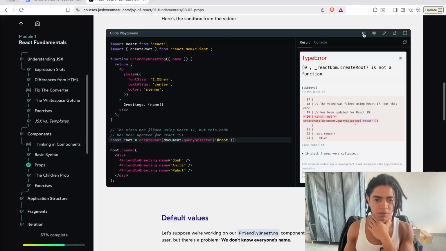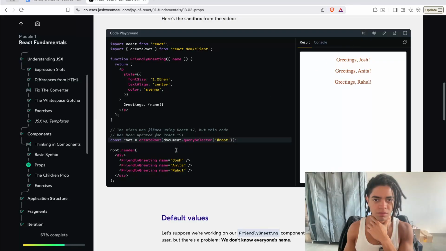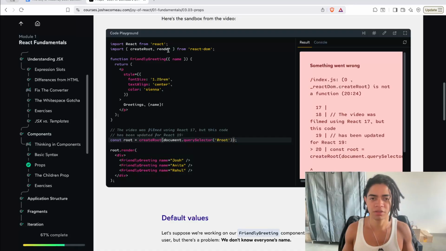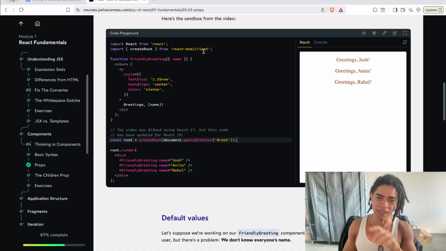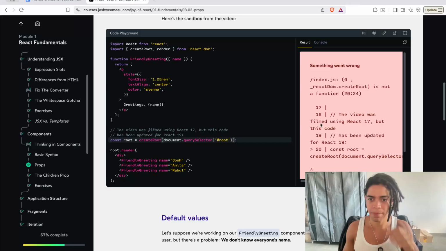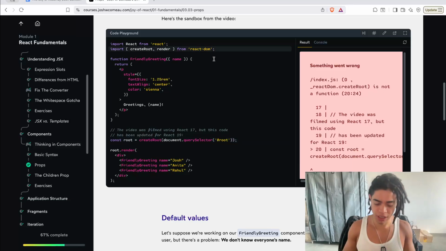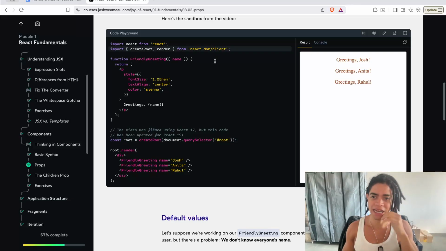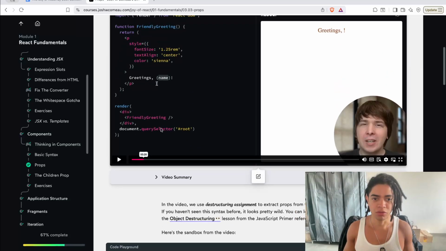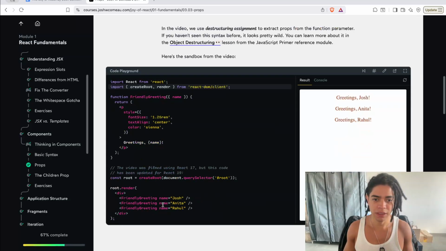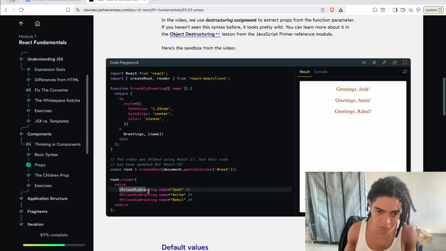Create root is not a function. Oh, I get it. It's because it is now exported by the client model. Okay. All right. But in any case, in other models, you can actually now, since each one of them will